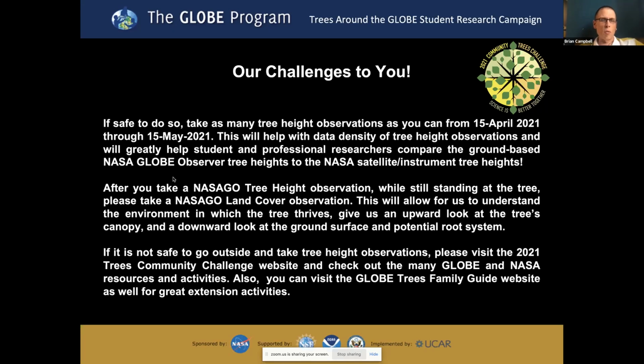But one thing we want you to also do is, if you're out there and you're taking a tree height observation safely, while you're at the base of the tree, because when you're at the base of the tree, that's basically when you can submit your data to the Globe database for tree height, why don't you go ahead and just hit the home button and then go to the NASA Globe Observer land cover tool and take an observation of land cover, because that will allow you to